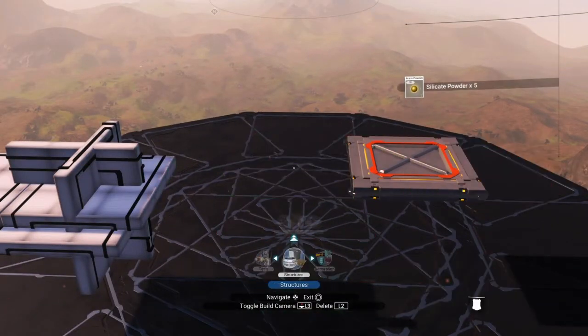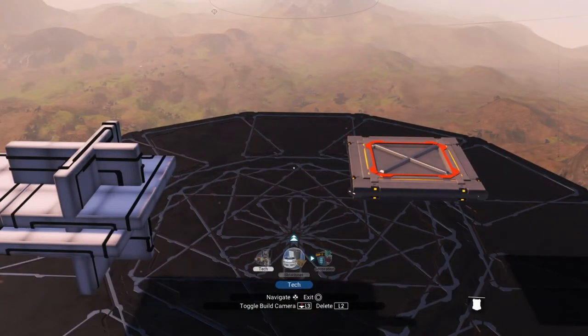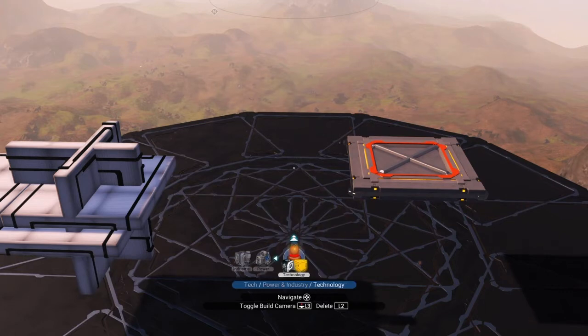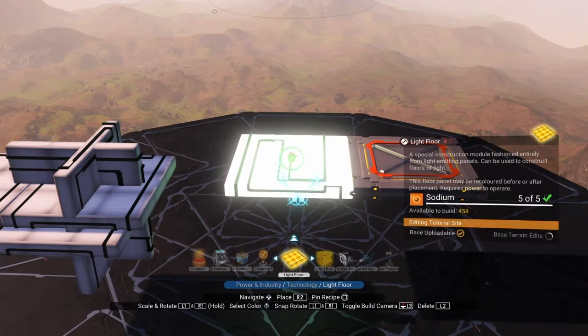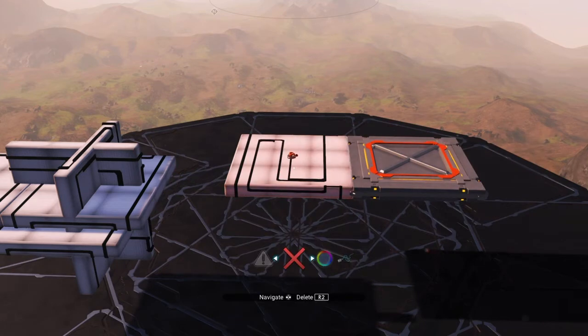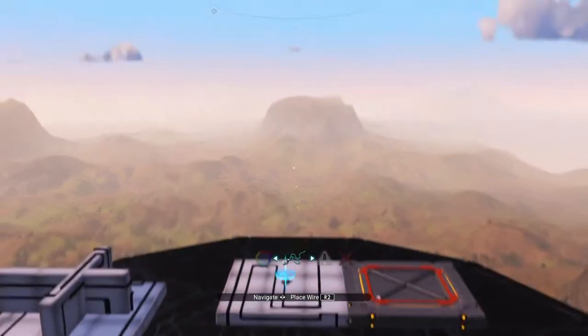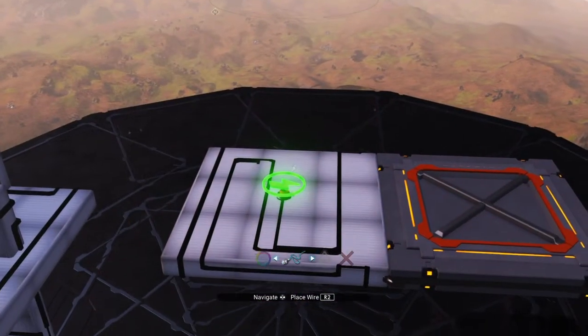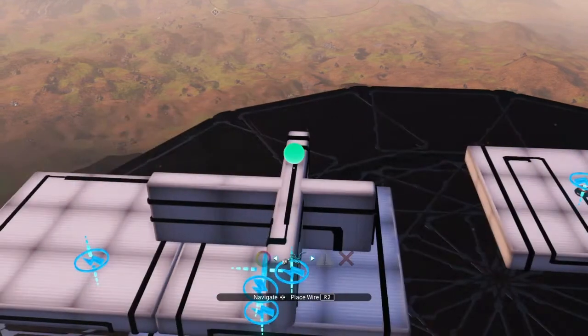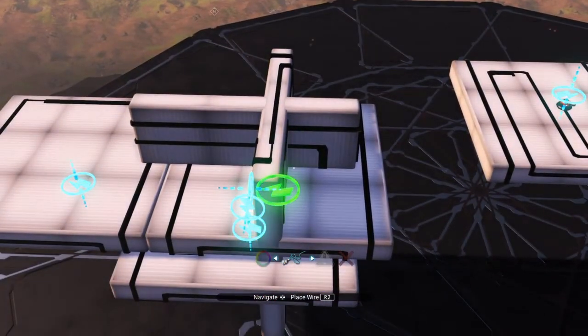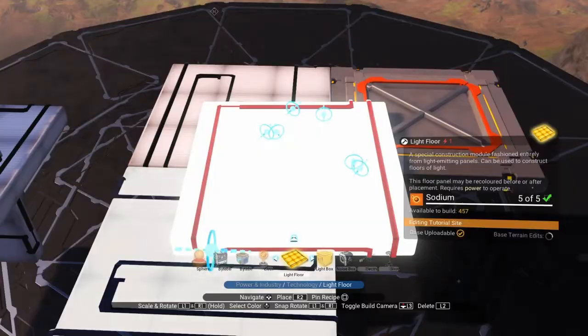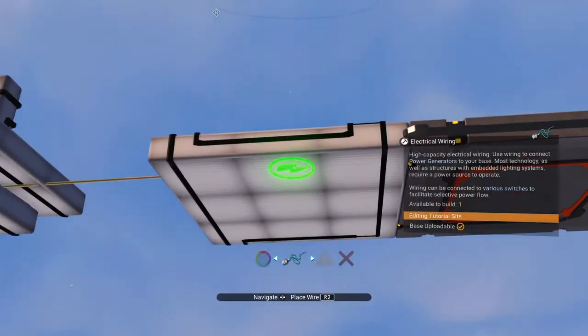When we add our next light floor, we will need to make sure that the electrical connection is facing the opposite direction as our reference. When we take a look at this one, we can see that the lightning bolt is facing to the left, while this one, it is facing to the right. So this is correct. We now blender glitch a light floor to that connection,